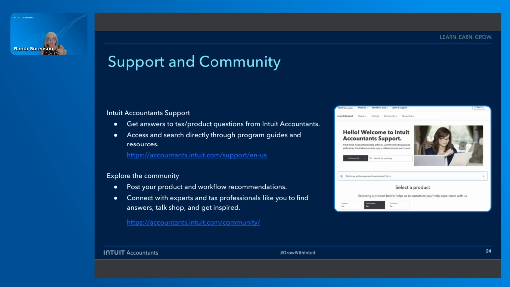So again, another place that Intuit gives us to help us with our careers, it helps us with our businesses. It's just, again, finding answers to things that we don't know. Sometimes it's finding things that you never thought to ask, but it's there. So I think that there's just so much that Lacerte does for us as accountants